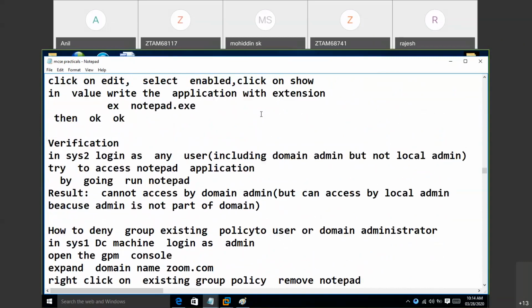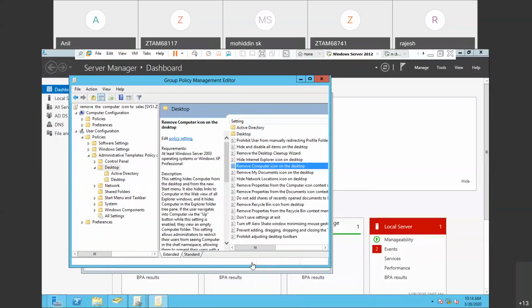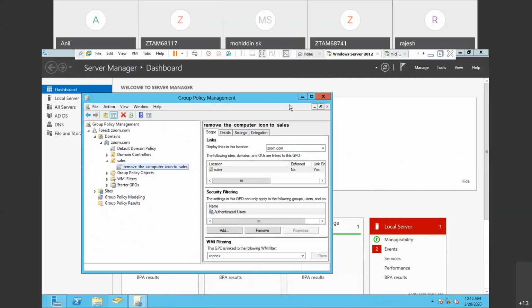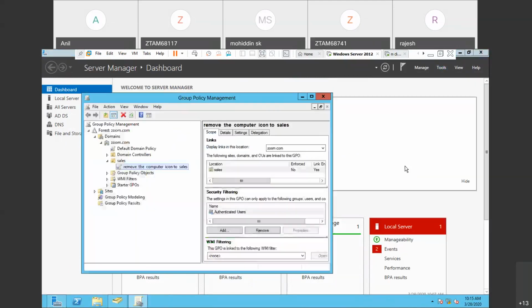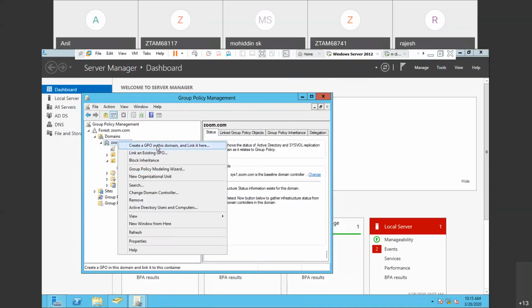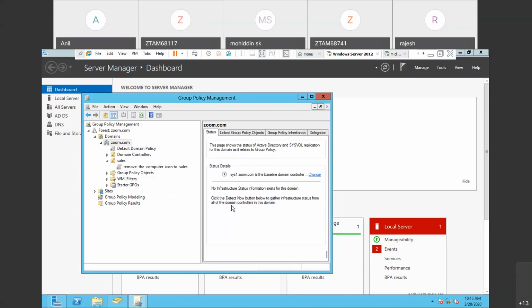Shall I do this? Okay, I'll do it. I'll apply the policy on the complete domain. So again, I'll go to the GPM console. Then instead of going to Sales, I'll select my domain name here. Right click, then create an object. What is my requirement? The object name is: remove the Notepad application for everybody. Remove the Notepad, for everybody, that is throughout all users. So you can see one object here. Remove the Notepad. Right click,